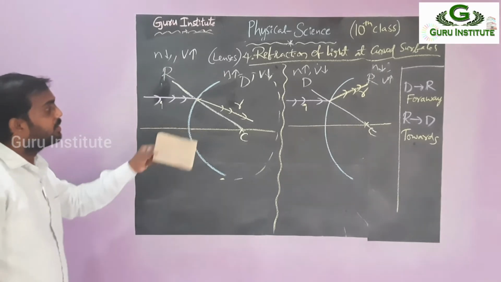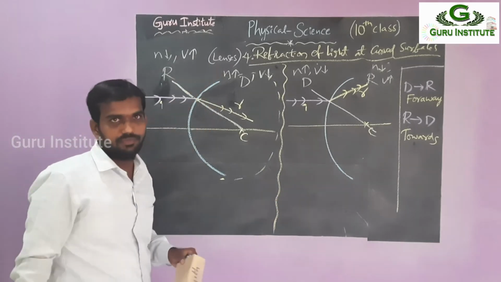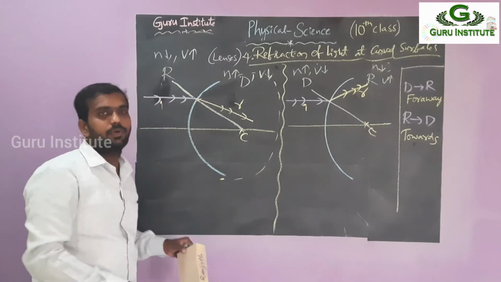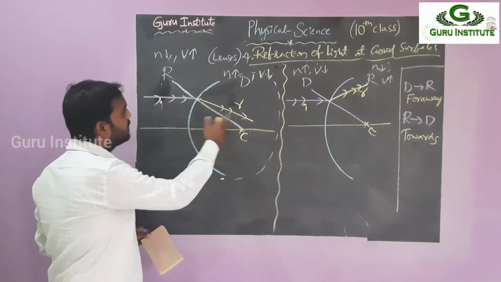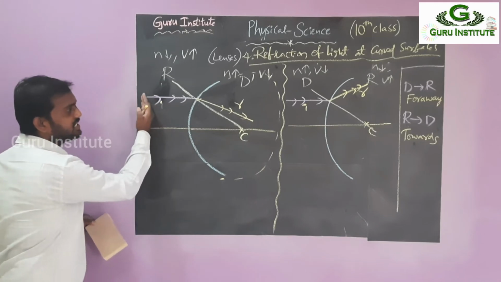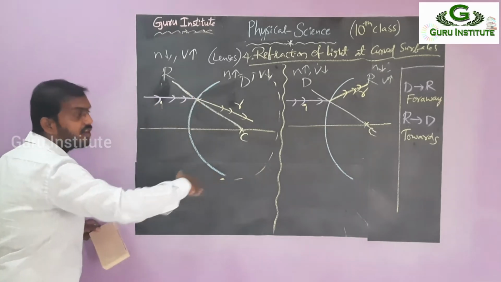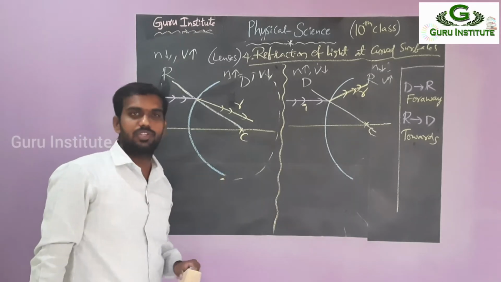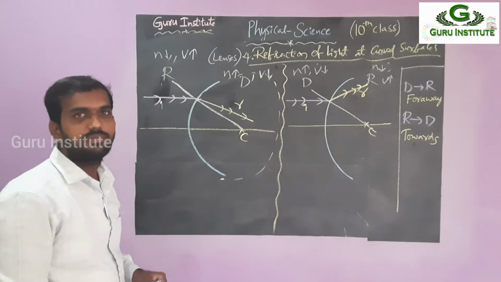Clear? So this is about the convex curved shape. Which shape is exposed? That is the only thing we have to take. This side is concave, but where is the object? Here the object is there. This side is falling on the convex side. So that's why this is a convex curved shape. So this is a picture. Observe this one. Okay, over.